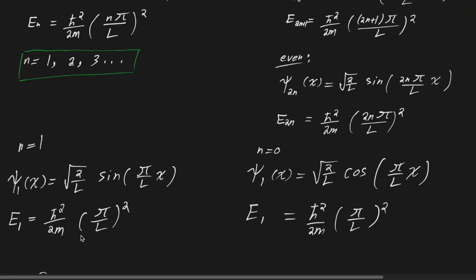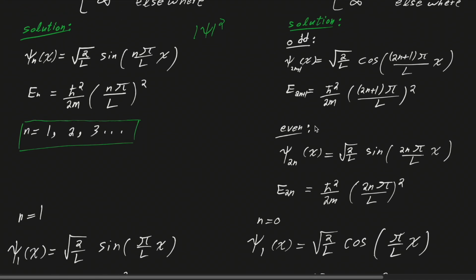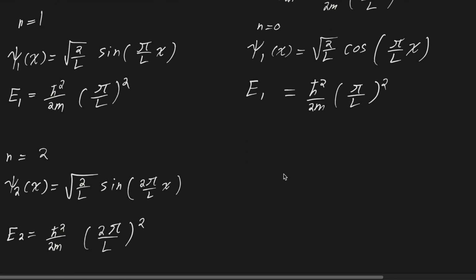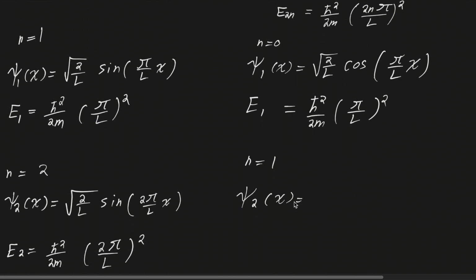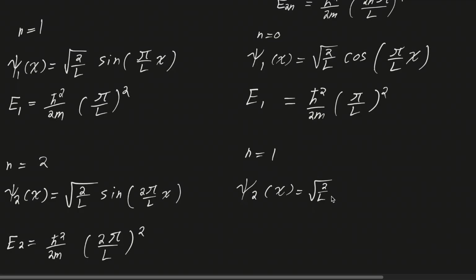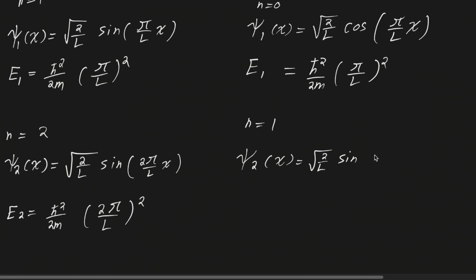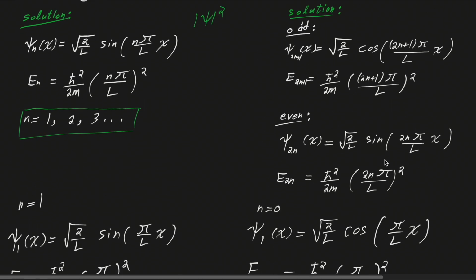Now, since 2 is an even number, to go to the symmetric solution, we need to use the even wave function, and the subscript is 2n. In order to get 2, n has to equal 1. So for n equal to 1, psi_2(x) will equal square root of 2 over L times sine of 2 pi over L times x,